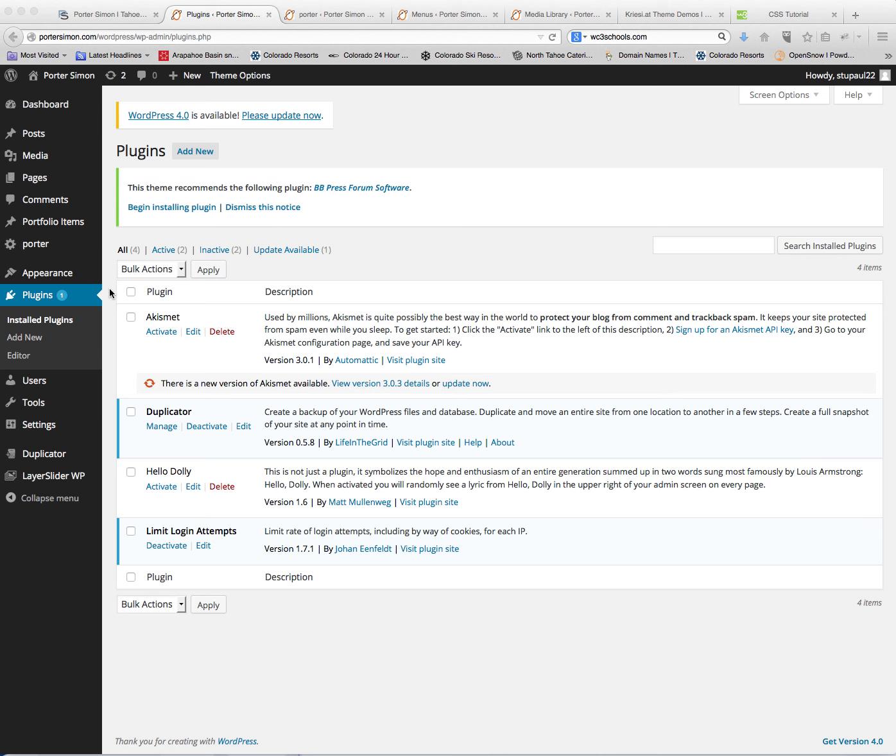The next menu item is the plugins menu item, and plugins are little pieces of software that extend the WordPress functionality. Could be anything from a shopping cart to a calendar or a poll. But if you wanted to add a new plugin, you'd click on this Add New button,